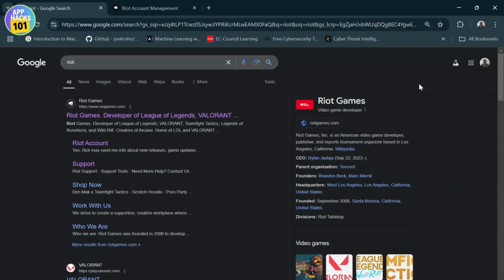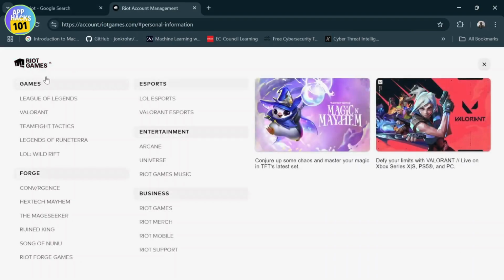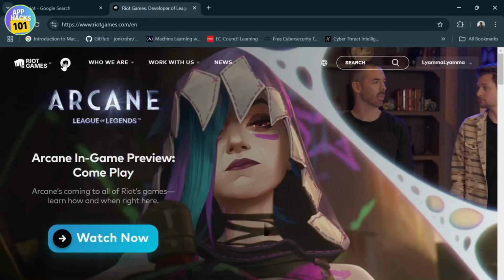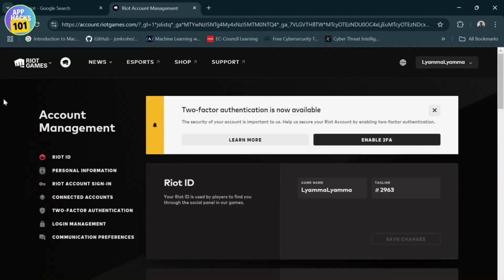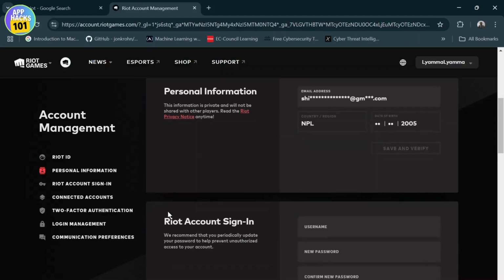Now let's get started. The first thing you want to do is open up your Riot account. After you do that, let me go to the first page right here. After you're on your Riot account, just log into it. After you log in, tap on your username and go to your settings. Now, after you've done that, you can go to your personal information right here, or you can directly go